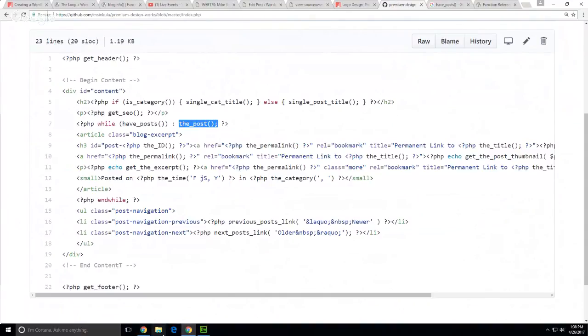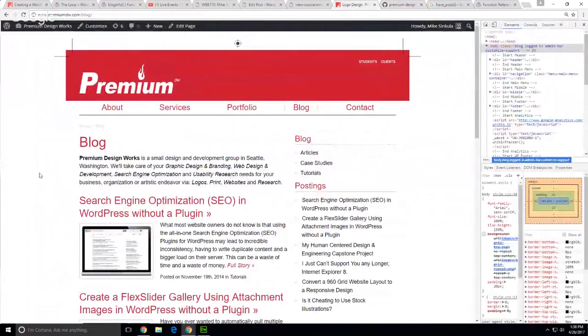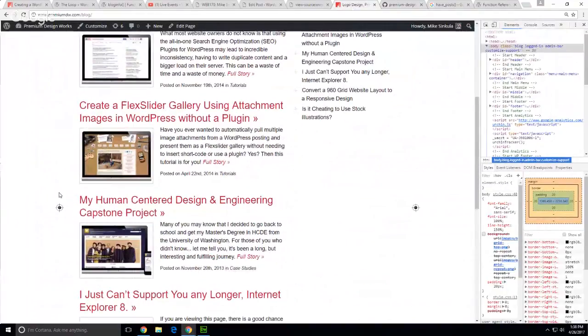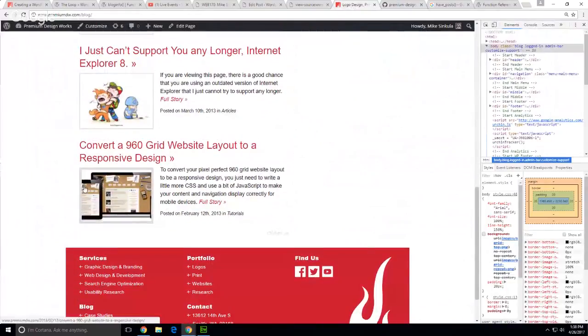So for instance, on the blog feed, how many blog postings do I have? A lot. So I've told it to go get 1, 2, 3, 4, and 5 and display 5. If have posts, meaning if there are a bunch of blog postings, while there are blog postings, go get each one of them. Does that make sense? So it's kind of like a for each loop,